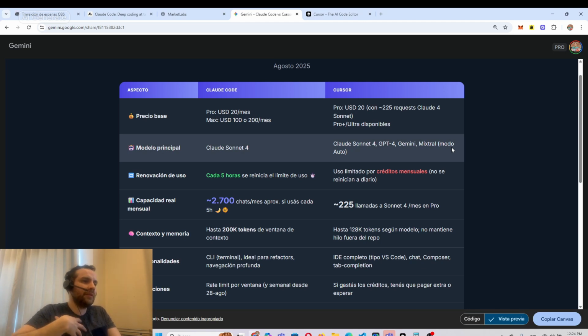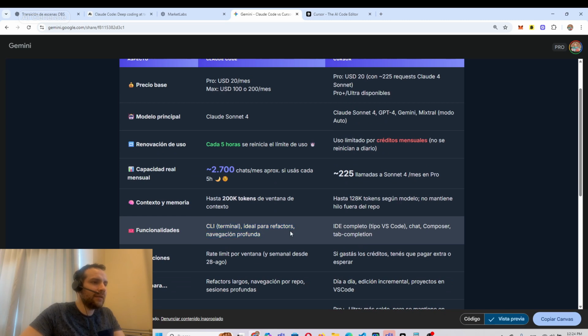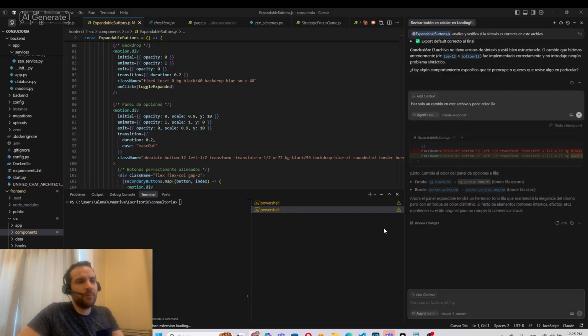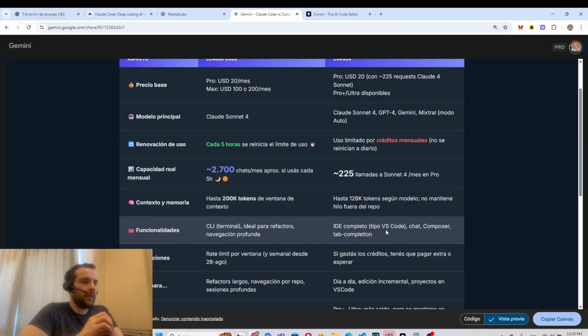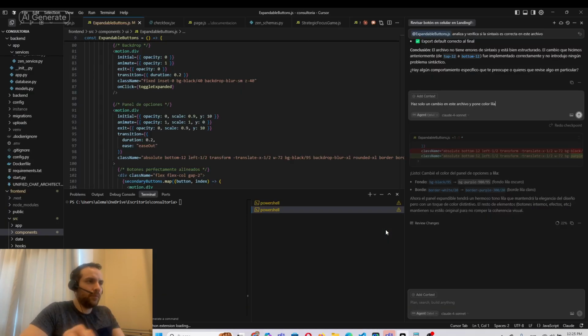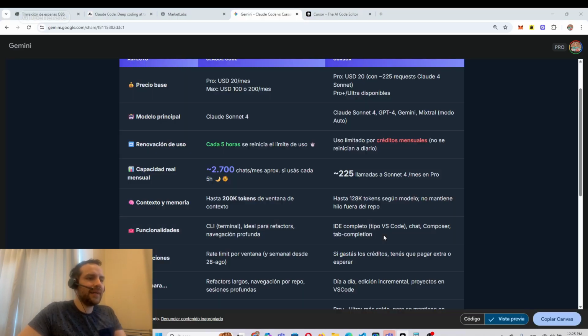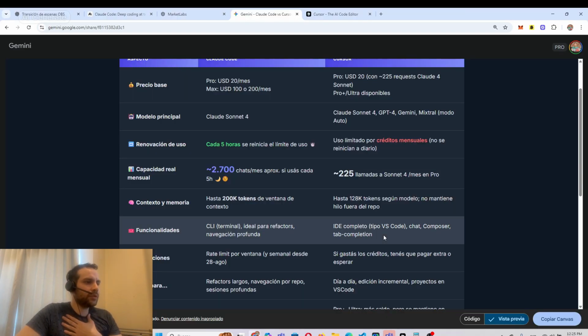So observations must also be made. Again, Claude Code runs in the terminal, and Cursor is super simple because, as I showed you, I just opened a file and we started editing. It's different. What happens with Claude Code? With Claude Code, you have to enter your terminal. My recommendation is that you execute it in your terminal as you would have had it